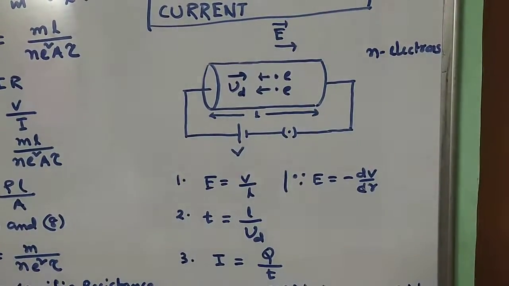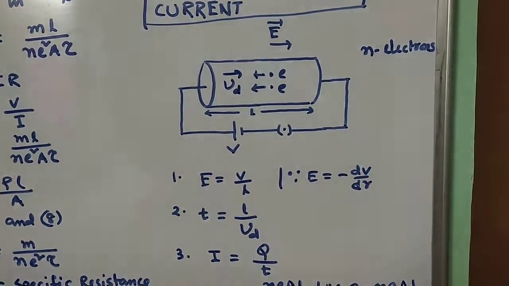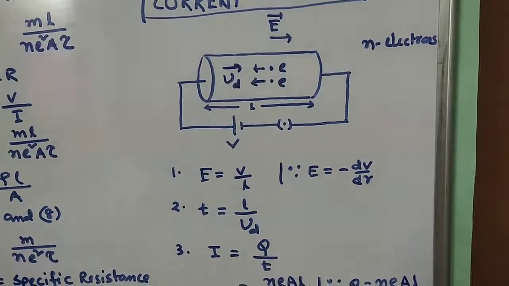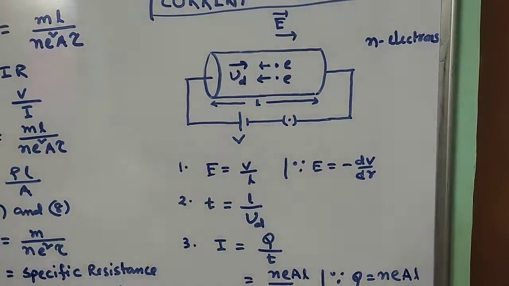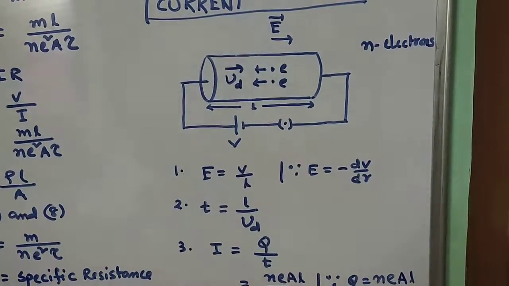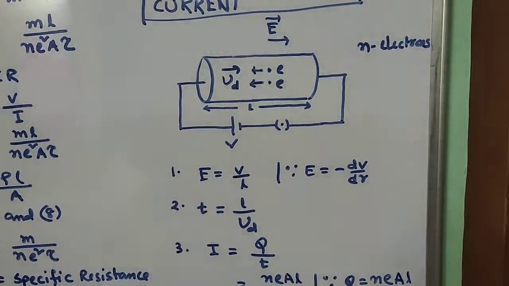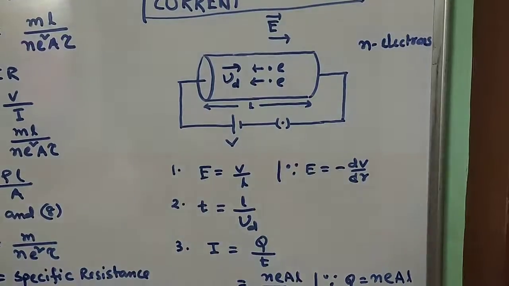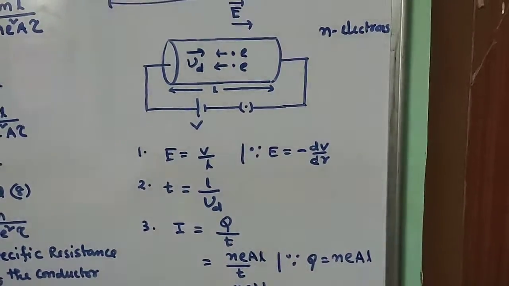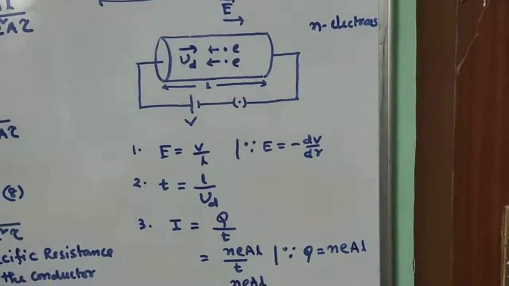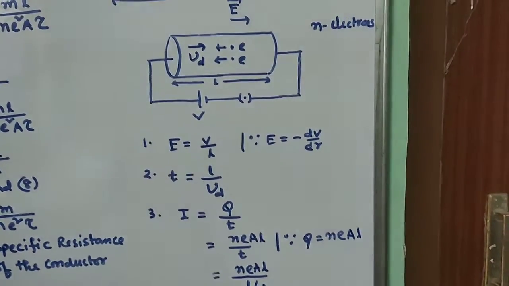Now the second expression comes from the formula distance equal to speed into time. Here distance is L and speed is the drift velocity, so time is distance by speed, that is L by Vd. The third expression, already known, which we defined in our last class, is current I equal to Q by t. Now Q is the charge